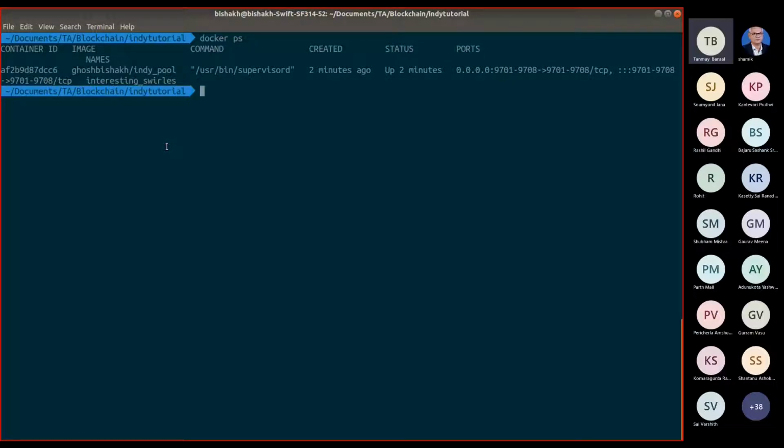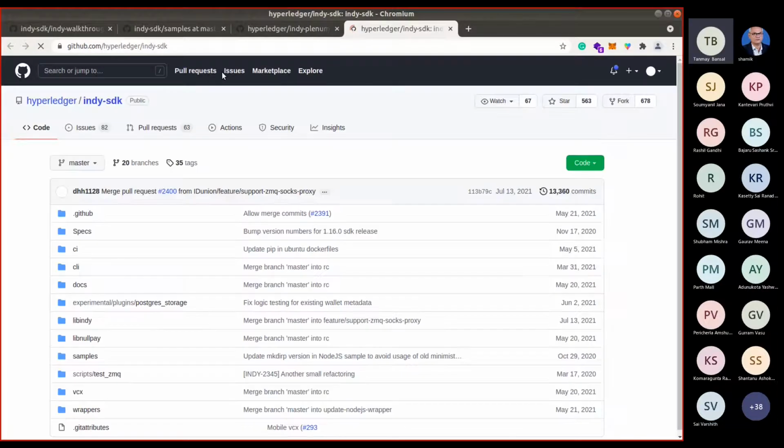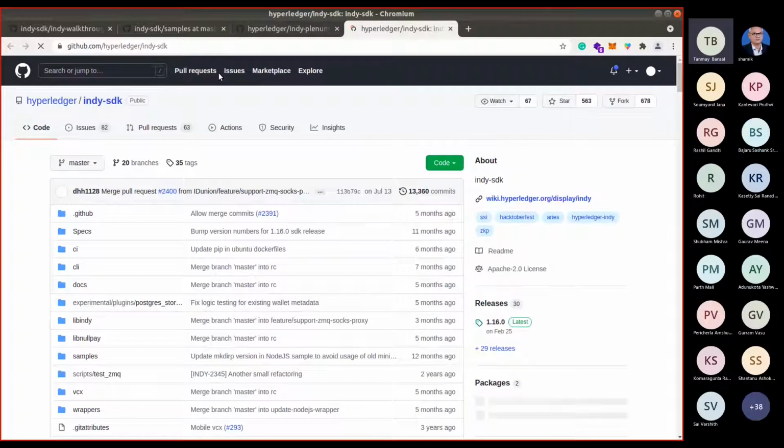using the SDK. The INDI SDK itself is written fast, but it has a structure such that it has many wrappers. So let me go ahead and show you the INDI SDK. This is the INDI SDK project.